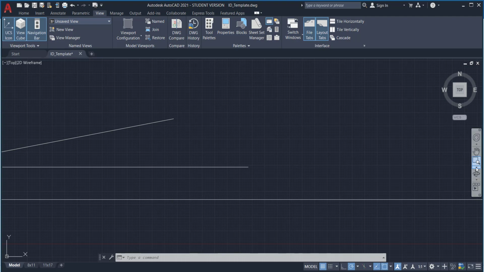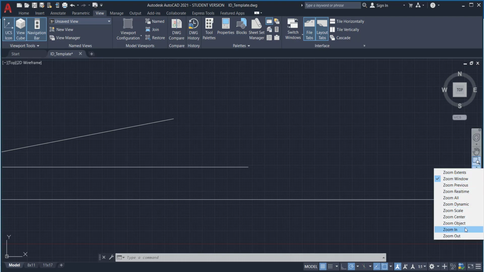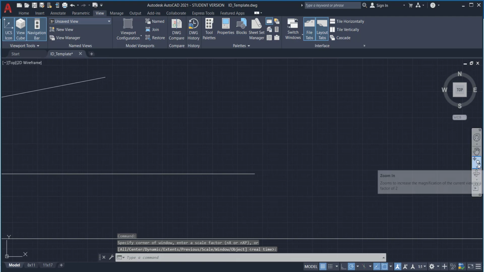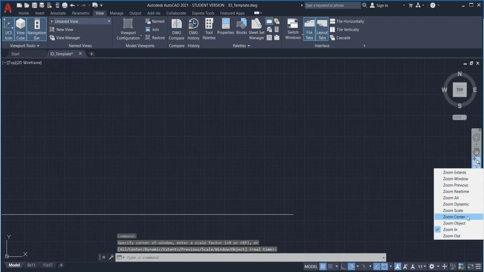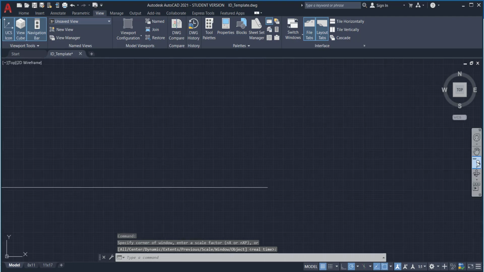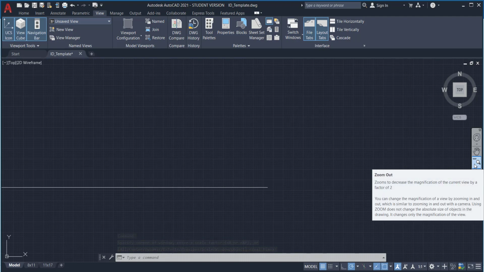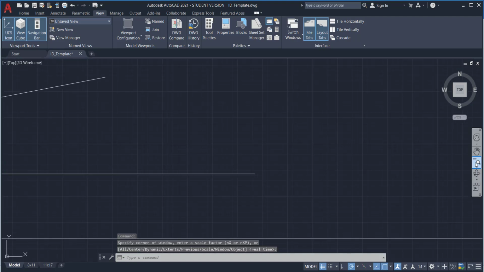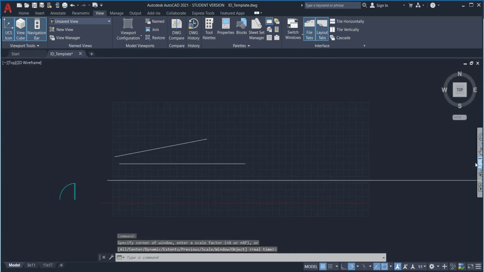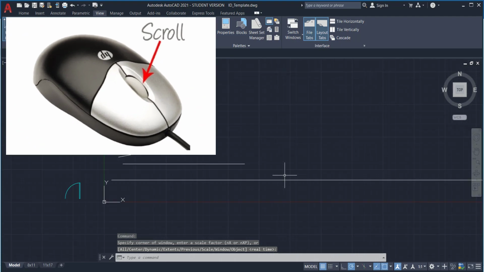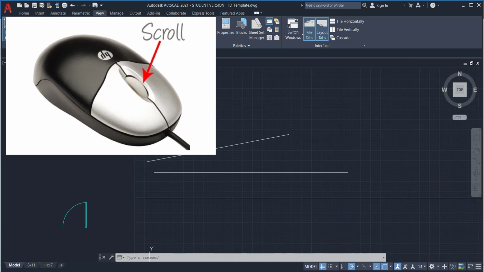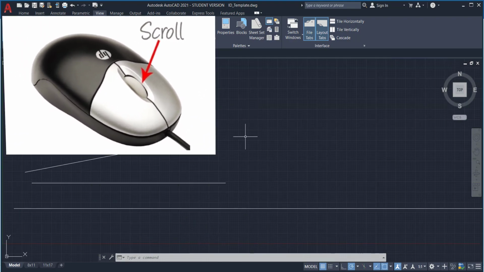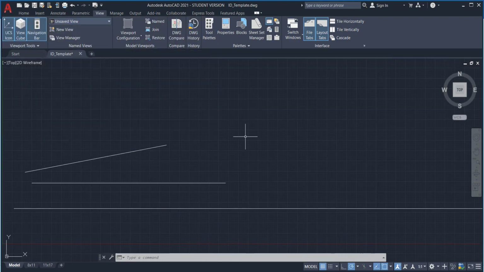So that's Zoom Window. The other two that I really like to use a lot are Zoom In and Out. So zooming in, obviously, and you can keep clicking on here if you want to. And then Zoom Out. And see how it brings up that icon for Zoom Out to the forefront of the icons, so that you can keep clicking on it if you want to. So Zoom Out works, but I really do like the third wheel. I feel like it's more controllable. And I also like the added option of being able to do a pan so that I can drag everything around. Now I'm going to let you play with the other zoom tools